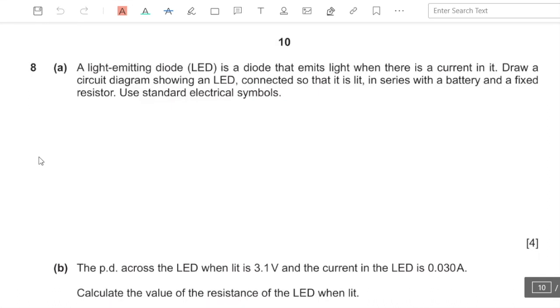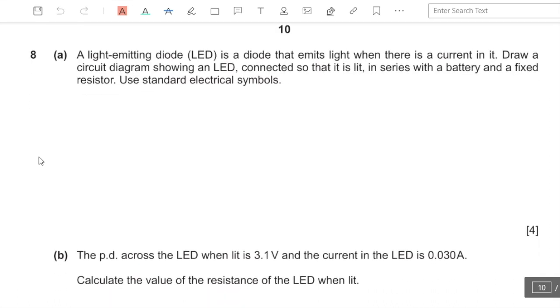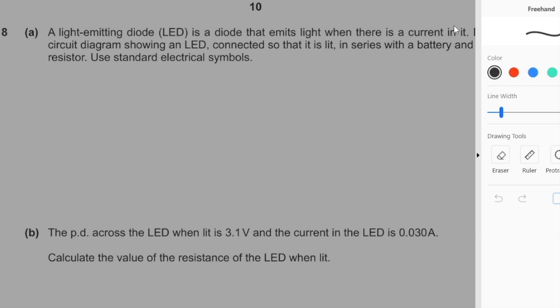8a, a light emitting diode is a diode that emits light when there is a current in it. Draw a circuit diagram showing an LED connected so that it is lit in series with a battery and a fixed resistor. Use standard electrical symbols. Right. So first off,